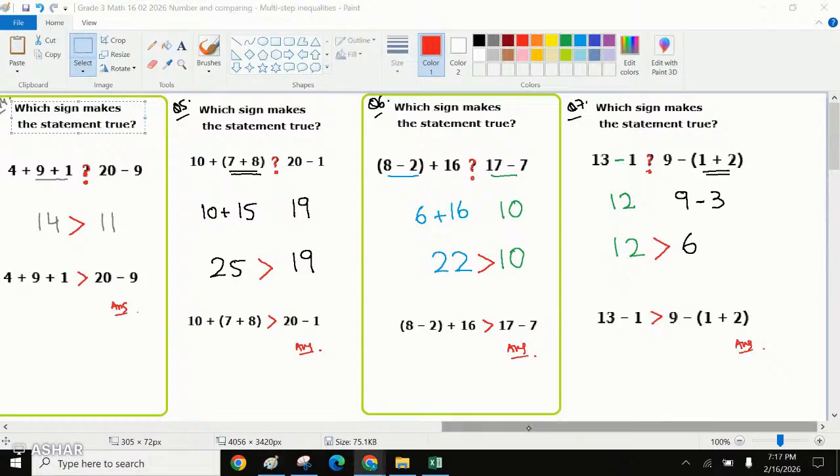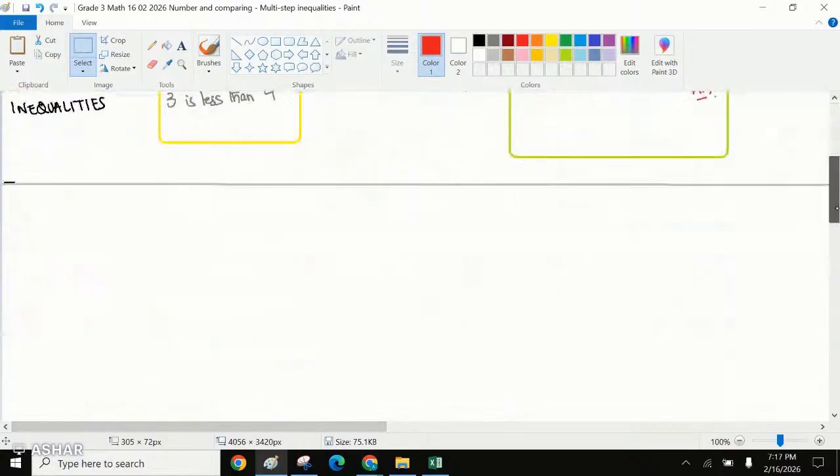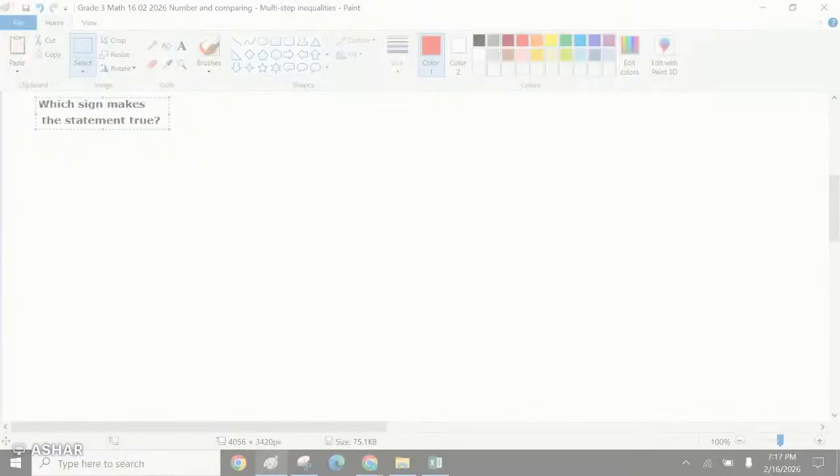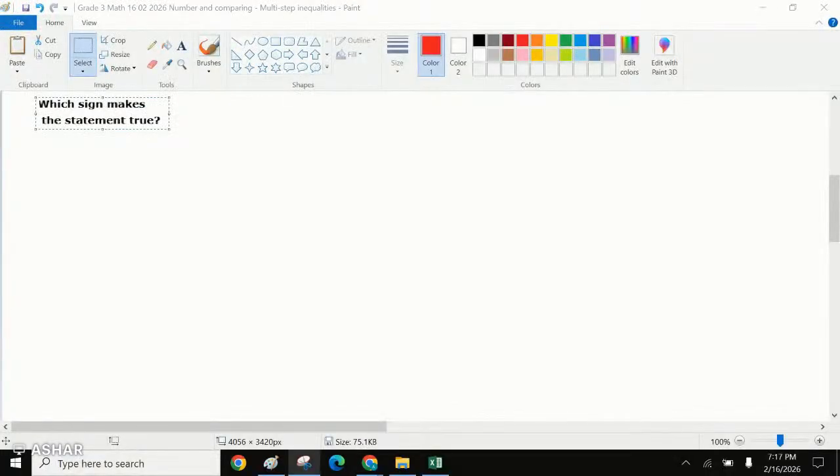The question number 8 is asking us to find the sign which will make the statement true, such that the statement given is, okay, it has a lot of addition in this. If this was the statement that's given to us, this is our question number 8. So we know that